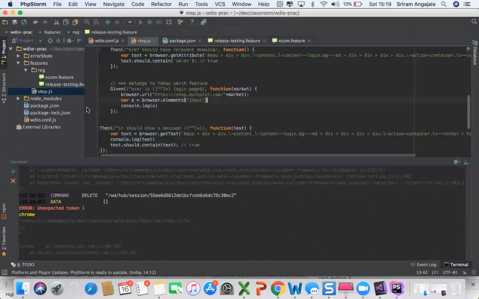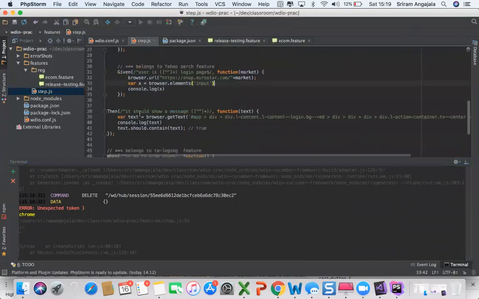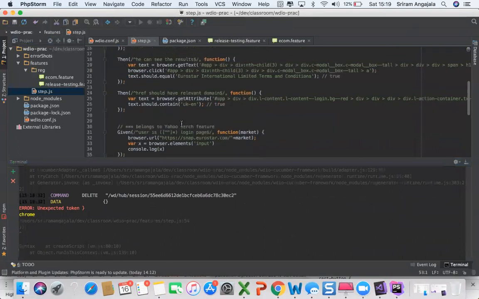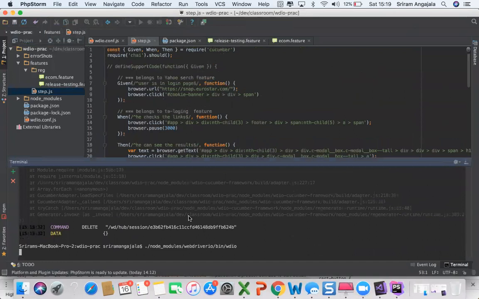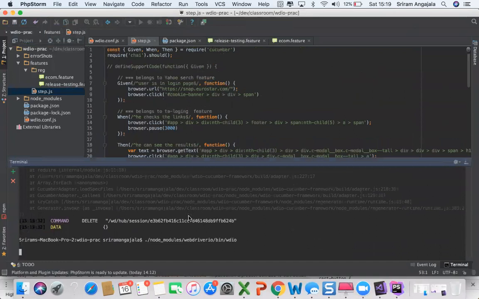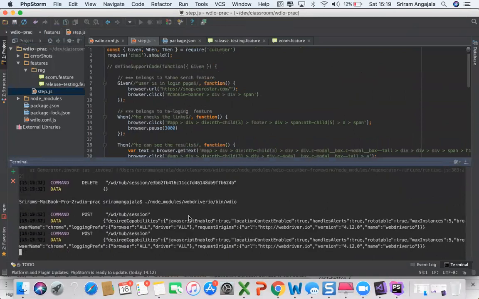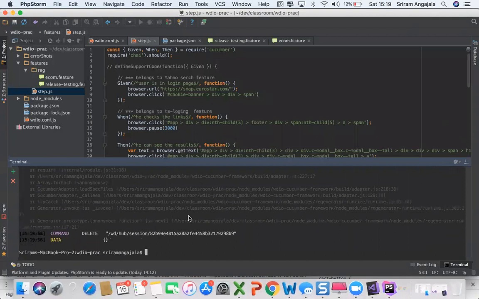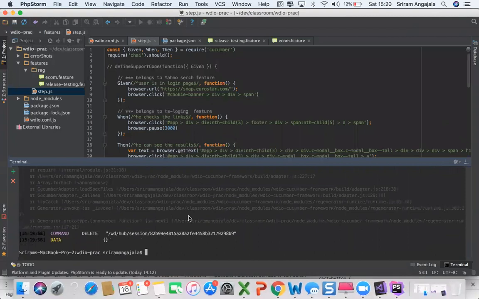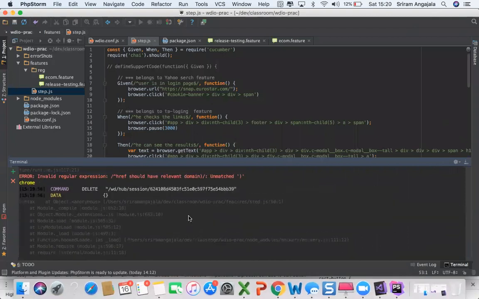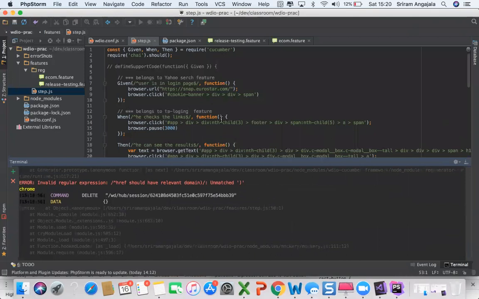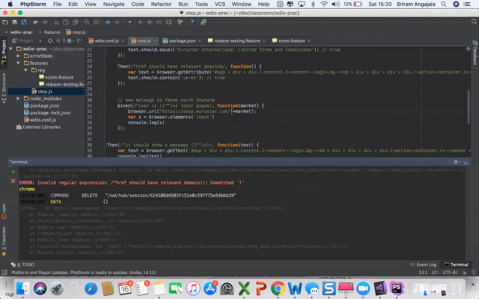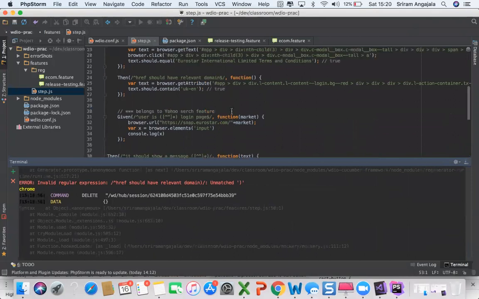Step 54. What is the problem? Okay. Let's see what happens. We will just need a count. Okay. So now, oh, href, invalid regular expression. Okay, href should have, oh,